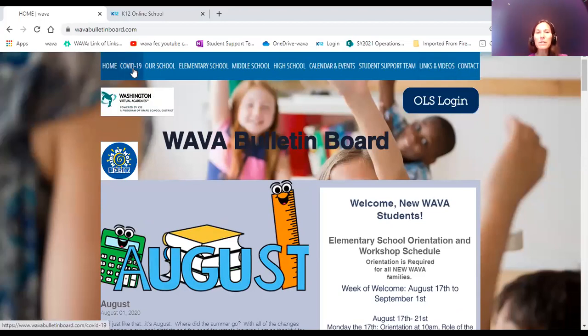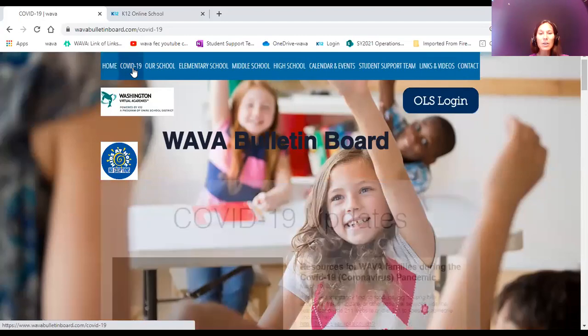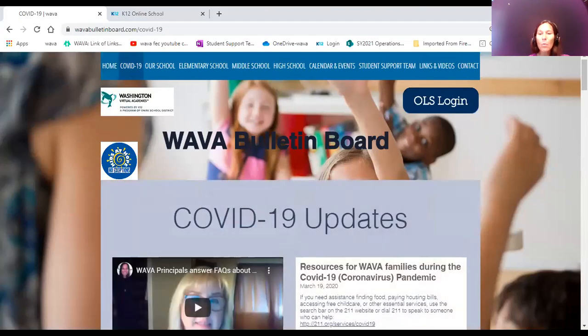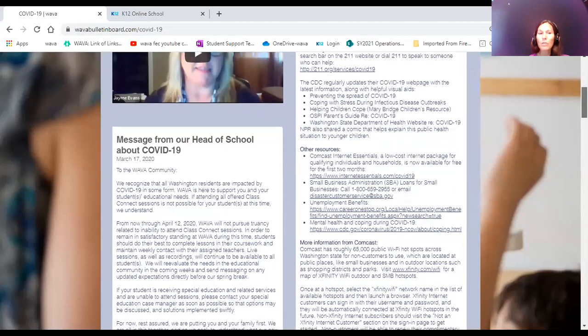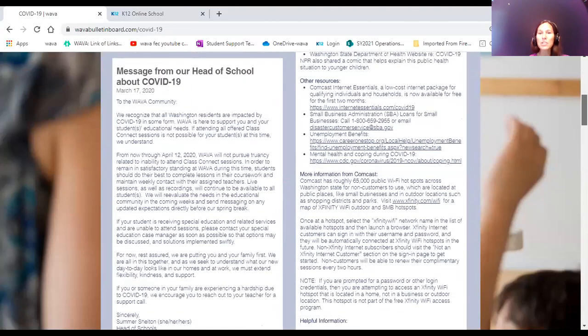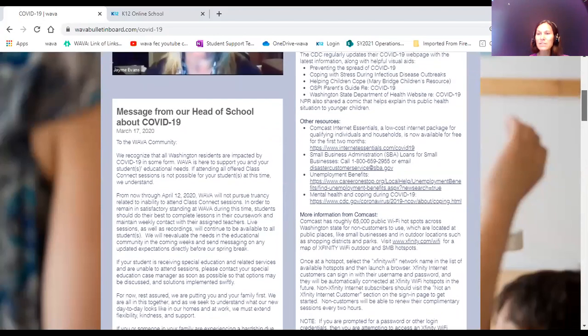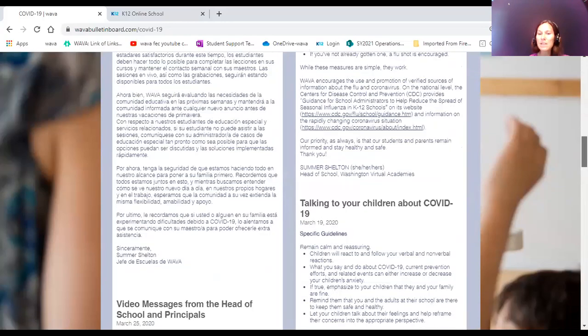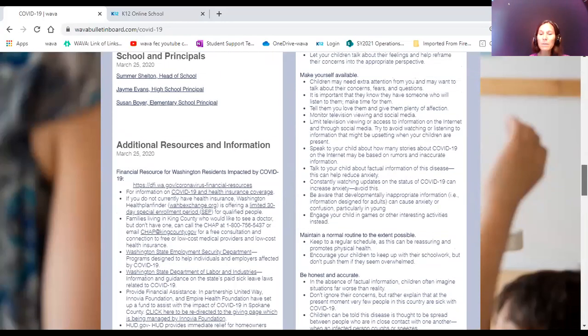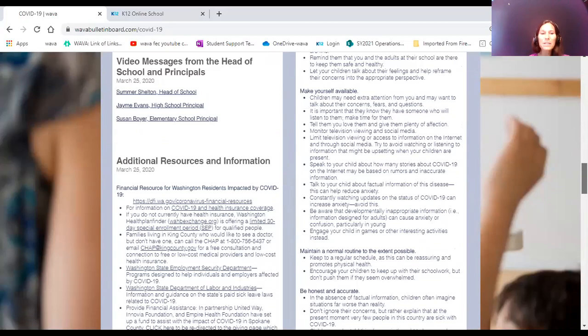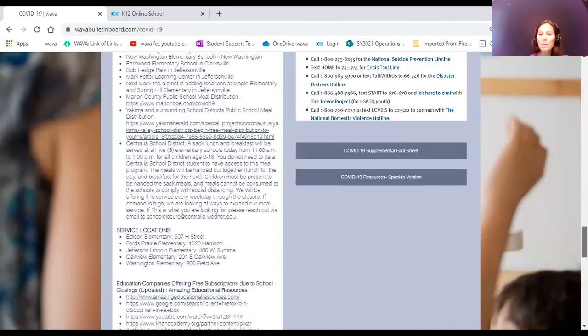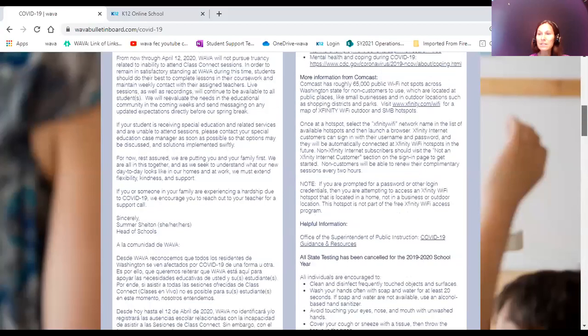So let's look through some of our tabs. We have our COVID-19 tab. This is a good one for finding out what our school is up to with COVID-19, any important information. We have a ton of resources that Kathy put together for us. Kathy is the student resource coordinator for middle school, but she put together a ton of resources to help us out during this time. So if your family needs any resources, please check on our COVID-19 tab. And if you need any other help, you can contact Kathy.